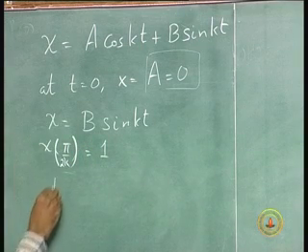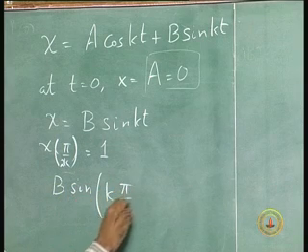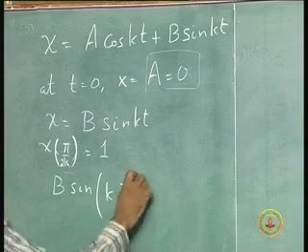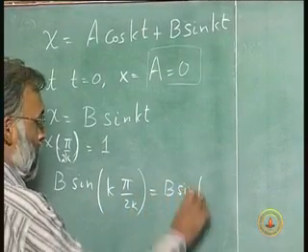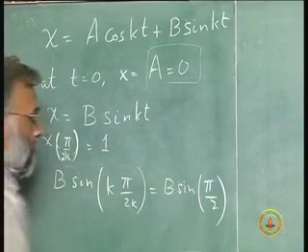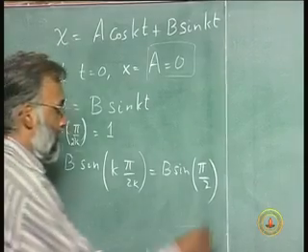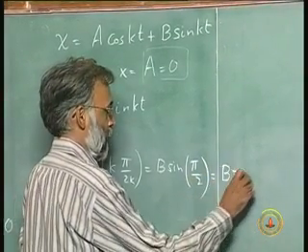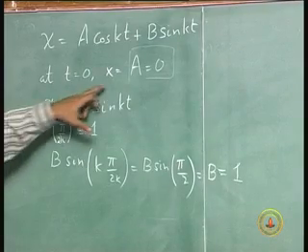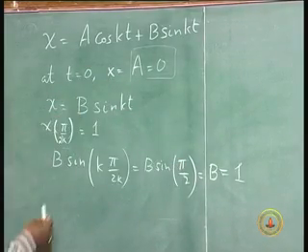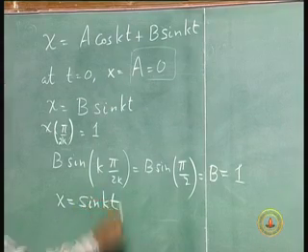I will get b sin k times pi over 2k, k cancels out, so that is b sin pi over 2, but sine of pi over 2 is 1, so this is nothing but b, and that is equal to unity. So, given both these pieces of information, I am now able to say x is equal to sin kt,